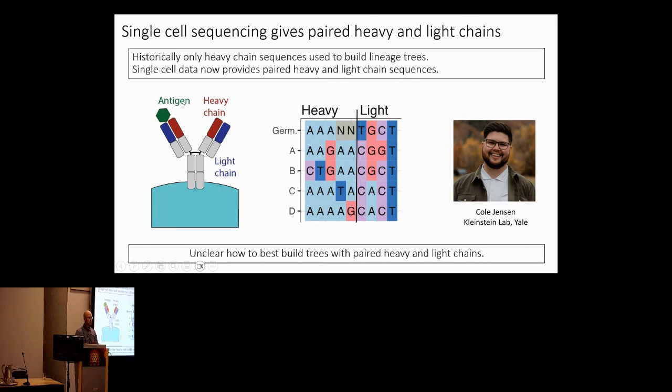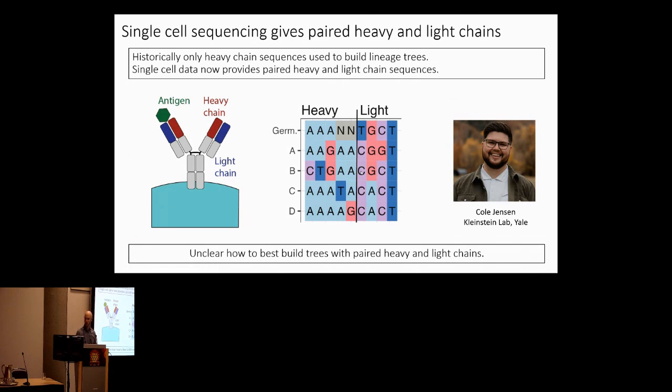However, historically, B-cell lineage trees have only been built with heavy chains. The reason for that is bulk BCR sequencing separates heavy chains from light chains, and people tend to just focus on the heavy chain. However, with single cell data, we can now get paired heavy and light chain sequences for each individual B cell. And this gives us a much broader set of nucleotide sites to build our trees. And it brings up the question of how do we best integrate this new data form in order to build